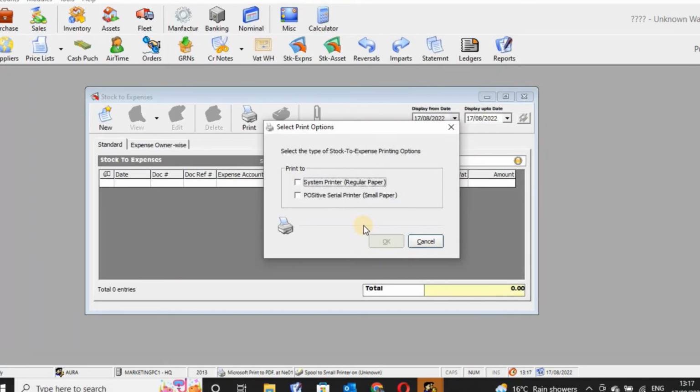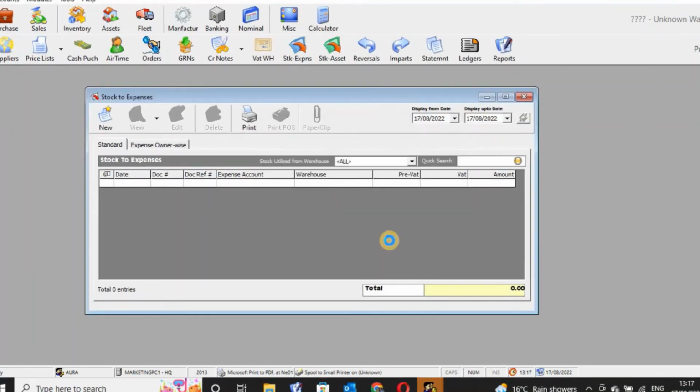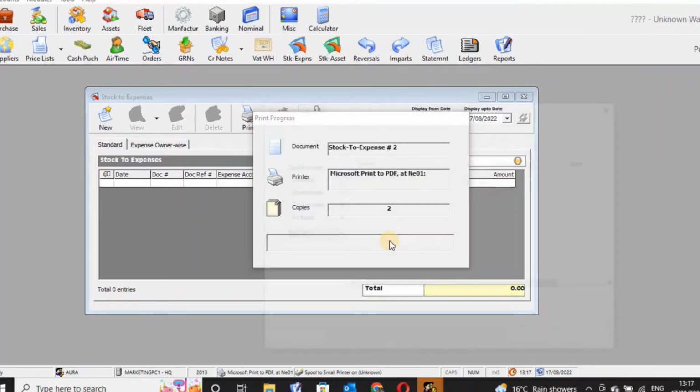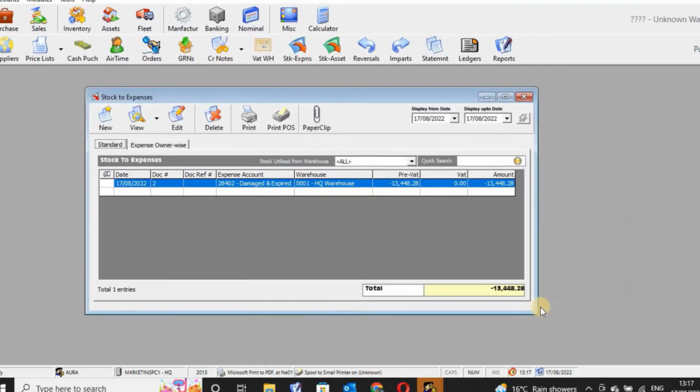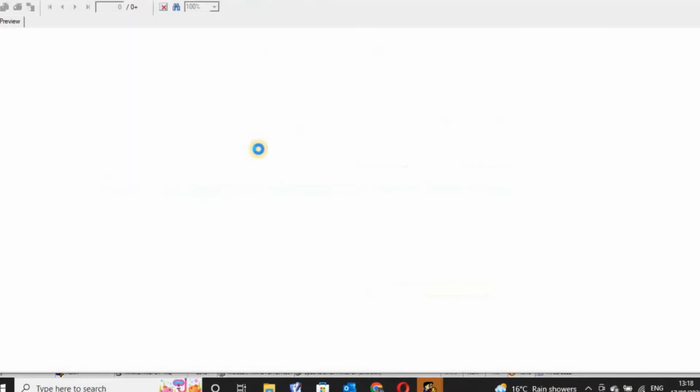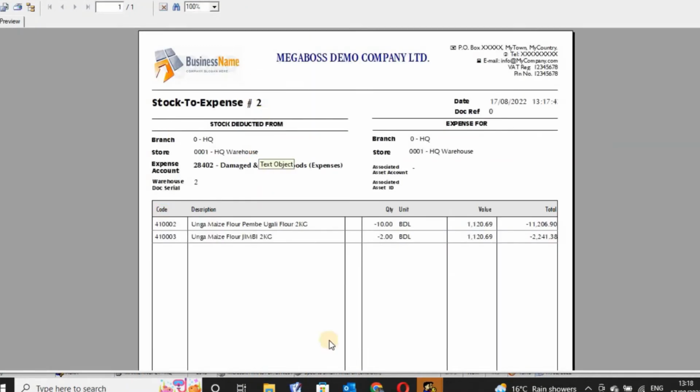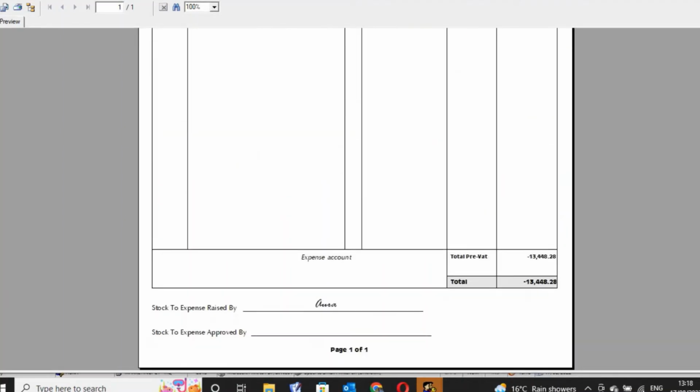Once you've said save, you'll have to select a printer here, which printer you want to print. I'll just select a regular printer, since I'm not printing. So this is the stock to expense that you've just raised. You can even view it. This is how the stock to expense sheet will look. And then when you check down here,